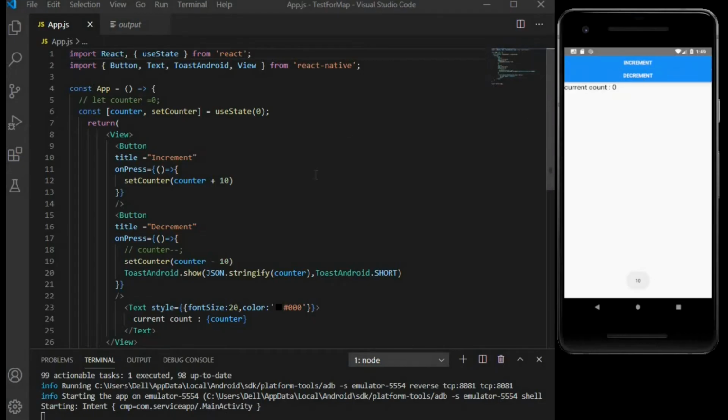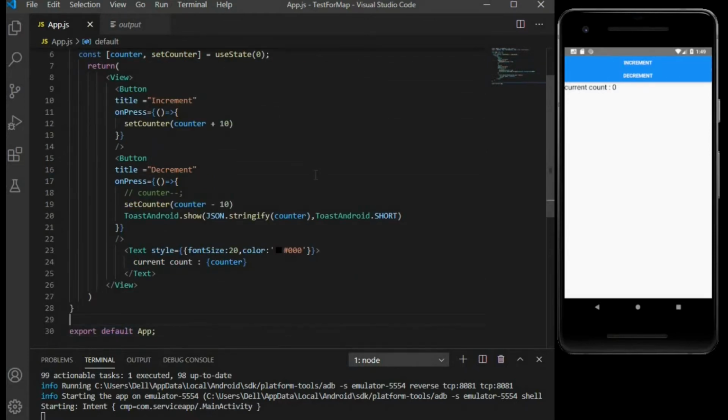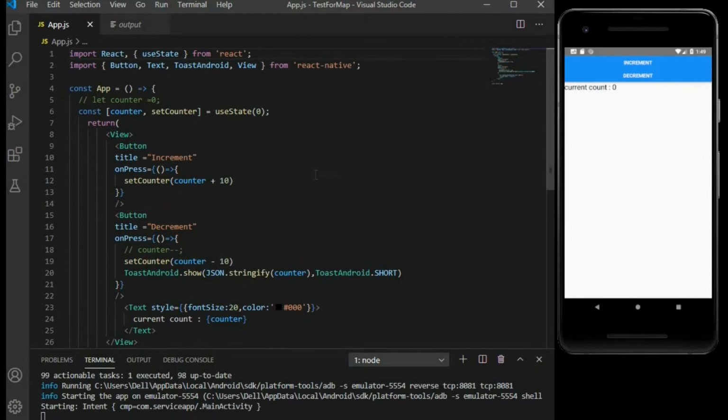Reducer is a function that gets called with two objects. Argument 1 is the object that has all our state in it, and argument number 2 is the object that describes the update that we want to make. First of all, I will clean my component which I used to show you how to use state in my last tutorial.